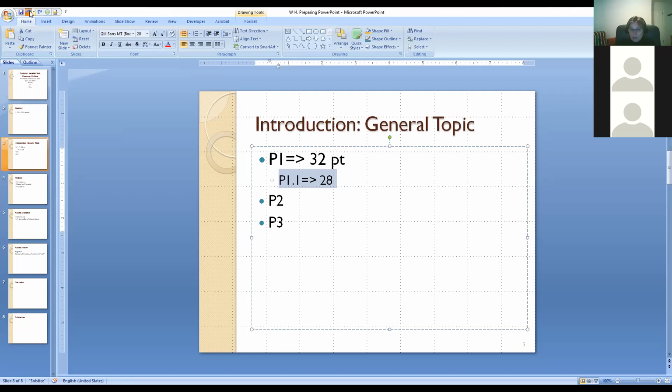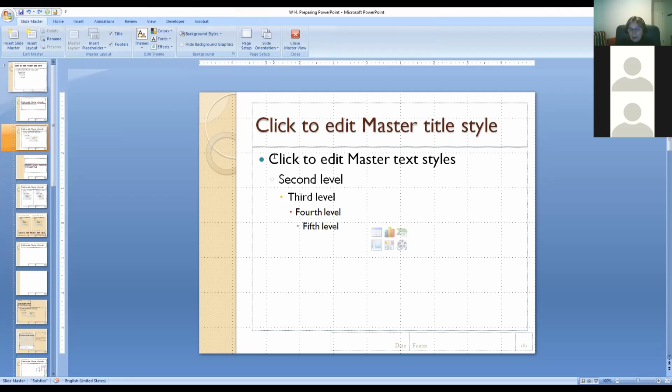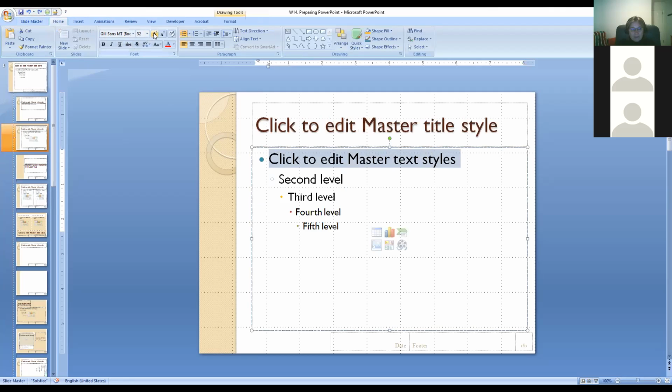But if you want to really do it in one easy way, you're going to go back to view, to the slide master. There it is. Here it shows us that the first level of headings is 32. So let's say I know I'm going to have less text, so I'll make it 36.